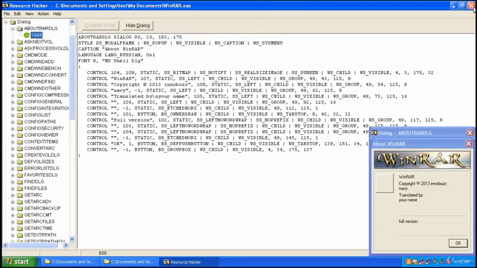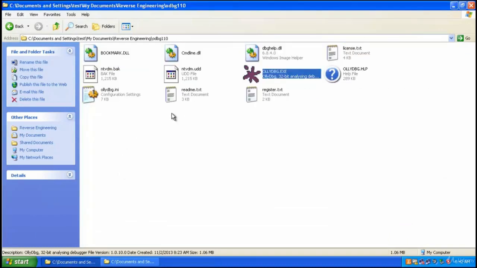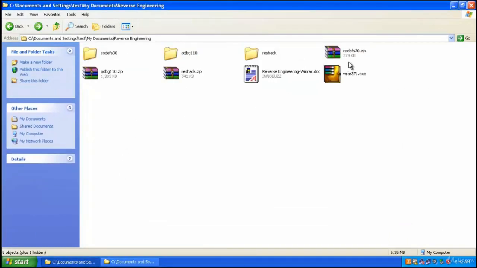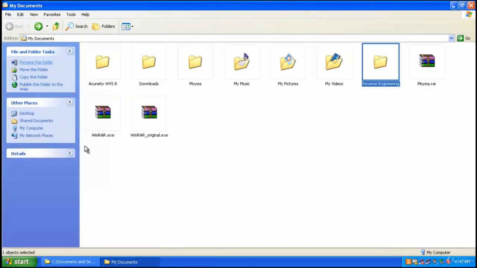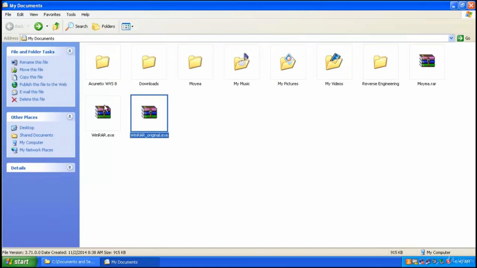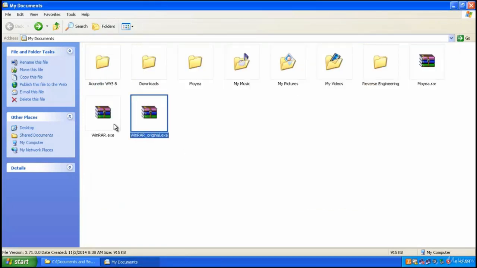Or just press Ctrl+S, close this application, then go back to the main application that you have just created, the patch one. Where's my patch? Here it is. So you just need to double-click on it. Once you import that copy of your WinRAR patch into Resource Hacker, it